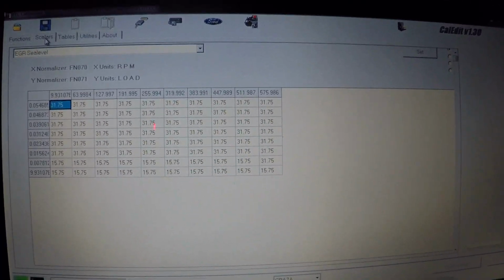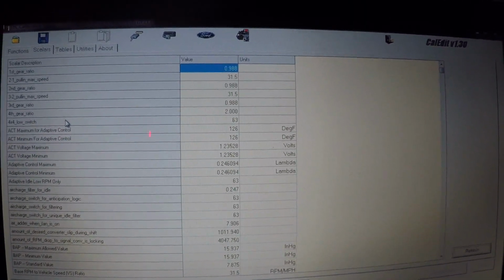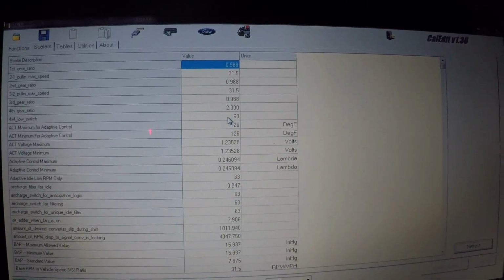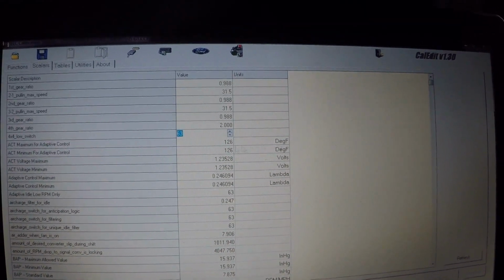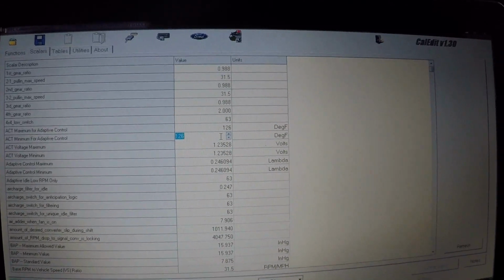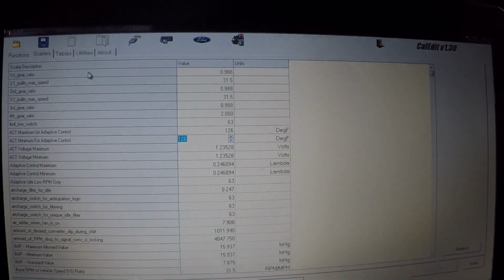Scalars would be like multiplication of a particular value I picked. What would I want to multiply it by? Probably more on a global aspect. You can change those in here. Here you can go now to tables. I got to go back and look at my